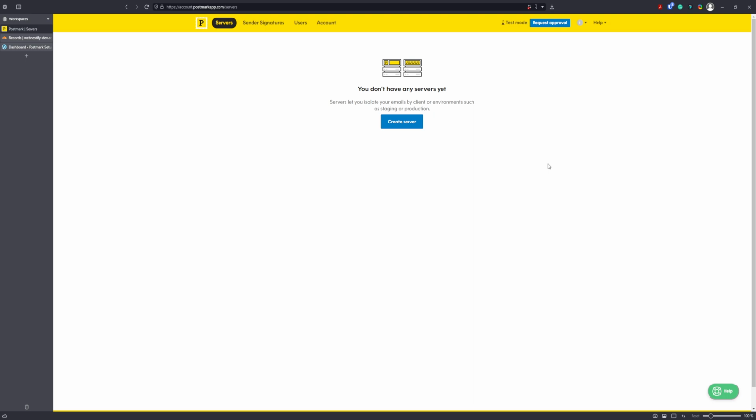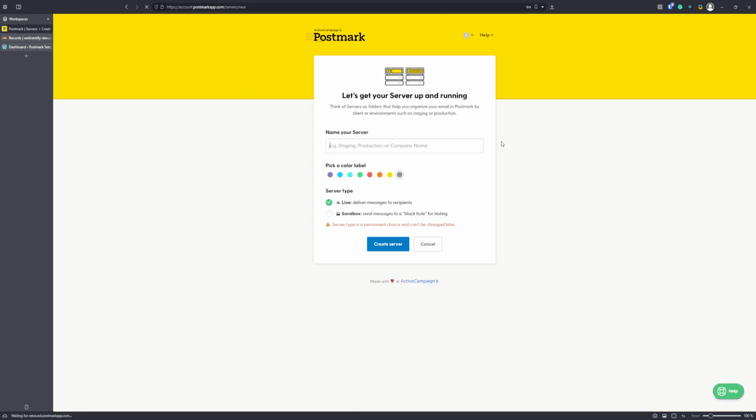If you have a brochure site, you create a separate server for the brochure site. That means everything will be separated, and if one server is flagged as spam, the other one will not be because it is isolated. So we will create our first server, and we can name it Postmark